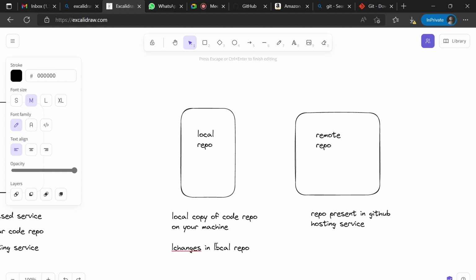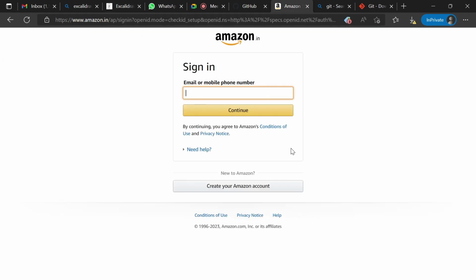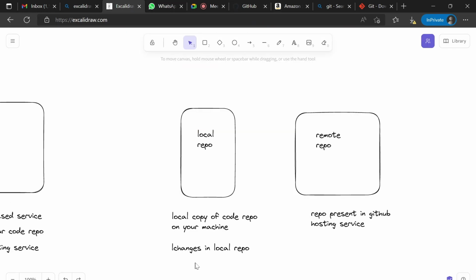Now, just like a developer at Amazon who is creating a new feature where he needs to add a new button for a new service. For him, this is a new feature. So he will create the code, program it in HTML, CSS, and JavaScript, and put in a new button. All these changes he will do in his local repository.